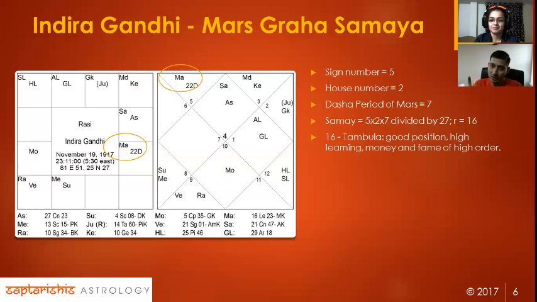Now this is a stark contrast between what we have seen in the first one, in the Moon dasha. It's low learning; this is high learning. High learning, money, fame of higher order. Now, during this period of time, the period of Mars is between November of 2019 and